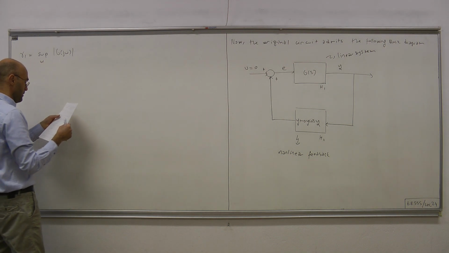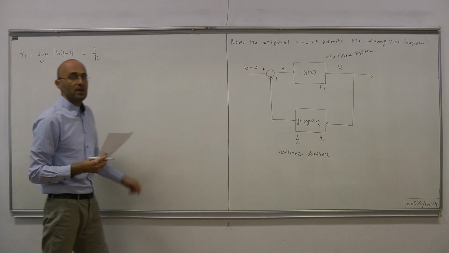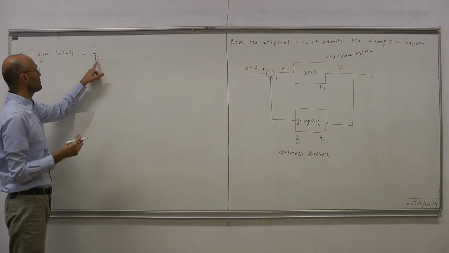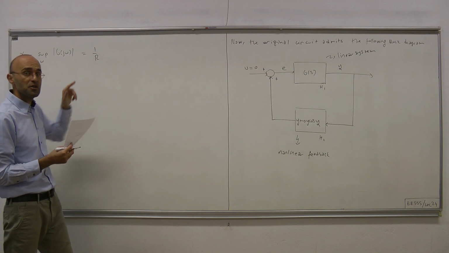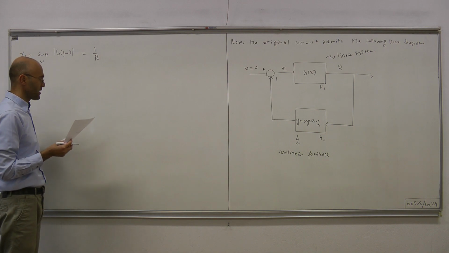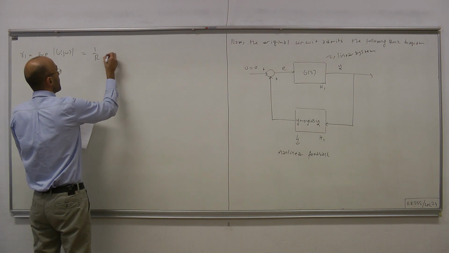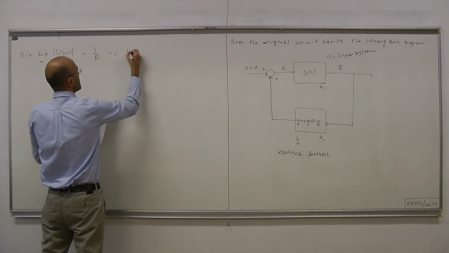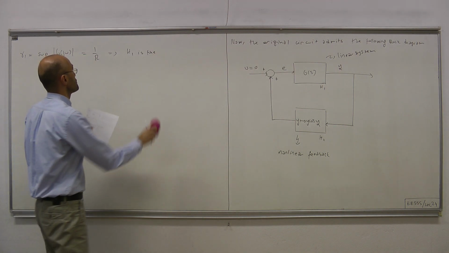That was one of our previous theorems, and that is something that we can easily compute, and it appears at the so-called resonant frequency, which is 1/square root of LC radians per second, and the value is 1/R. Therefore, H1 is finite gain L2 stable